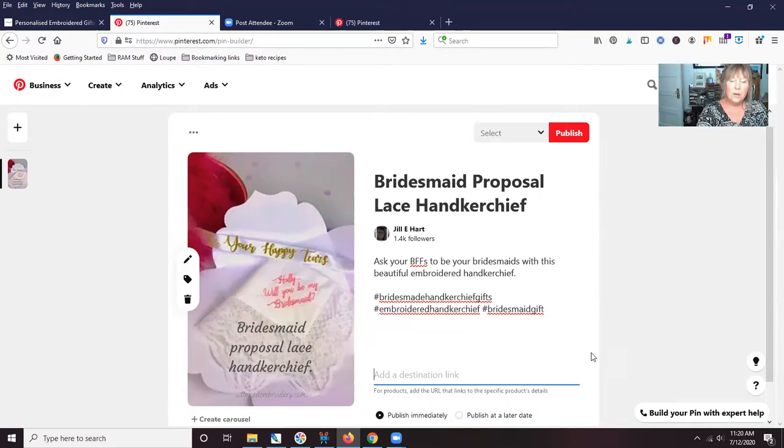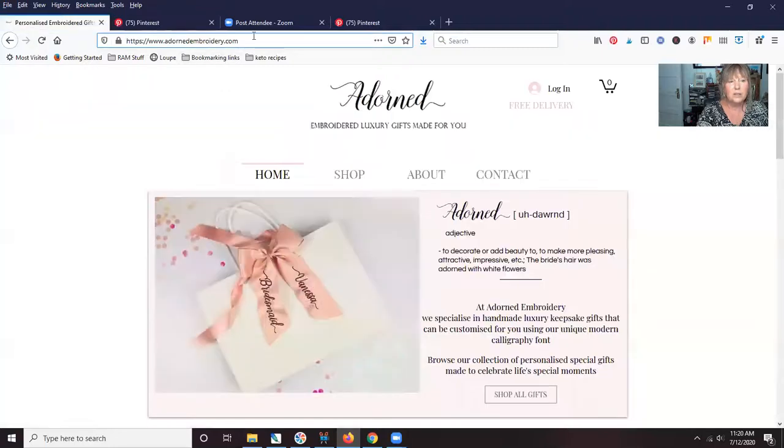You don't want to put a whole lot of these hashtags anymore. I think 5 is about the limit. And if you get into Tailwind, you don't want to post your same pin to more than 3 to 5 boards over the course of several weeks, or leave a good amount of space in there so you're not overwhelming your board with this one pin, with this one description. You can use pins over again, but you want them to have unique titles and descriptions. So I have to go back over here and get your